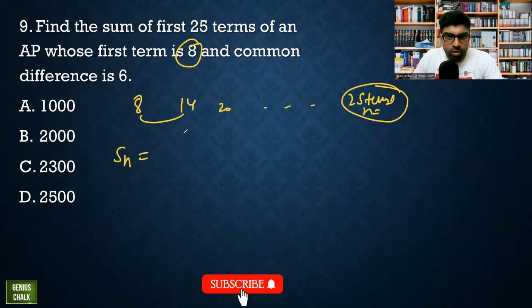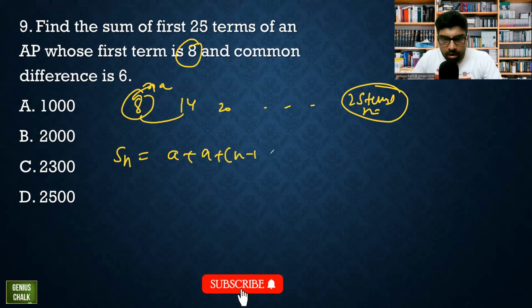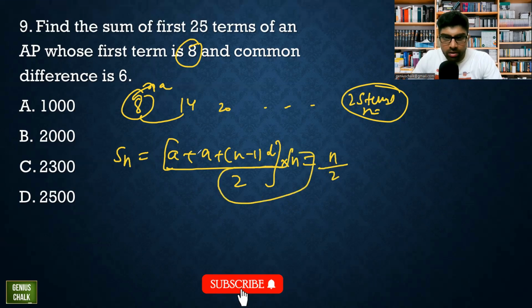Yeah, and this is derived like this only. This is the first term. What is the last term? a plus (n minus 1)d by 2. What is that? This is the average. Now if you multiply this by n, this is the sum. So this n by 2 I take like this. a plus a becomes 2a and (n minus 1) into d. So this is how it is derived.